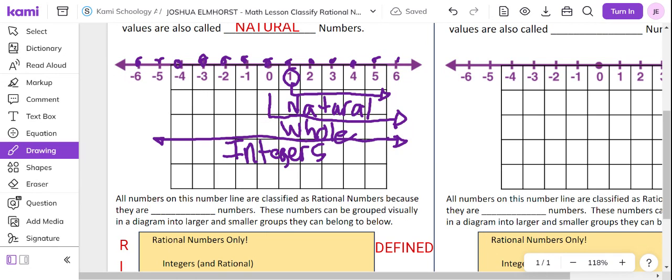So the number 1, 2, 3 is a natural number, but it also belongs to whole numbers and it also belongs to integers. And 0 is a whole number, an integer, and then all of these numbers on the number line and the little numbers in between that we could possibly define,